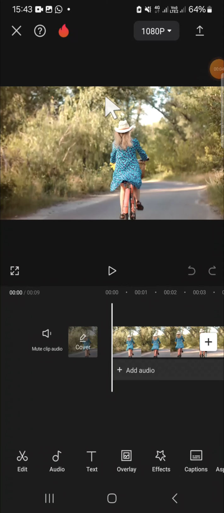In today's video, I'm going to show you how we can do aggressive shakes on a CapCut application. Okay, let's get into it. Here I have created a project in my CapCut application and I'm going to apply aggressive shakes effect to this